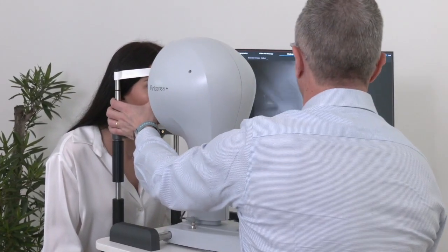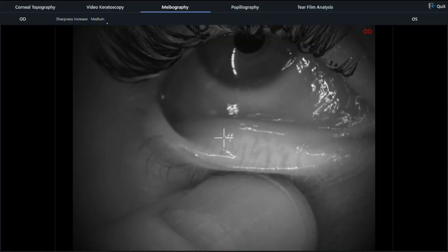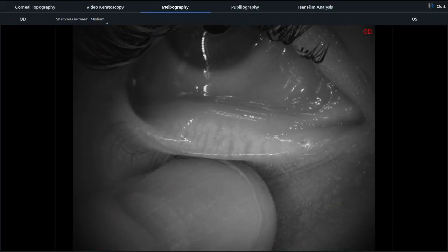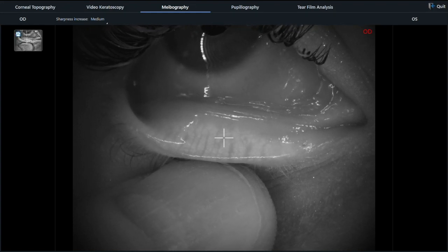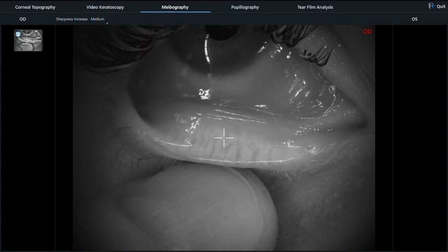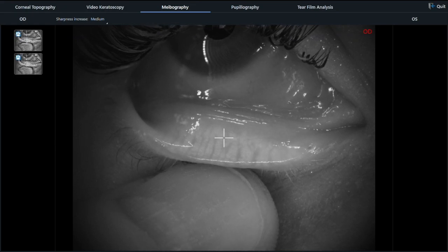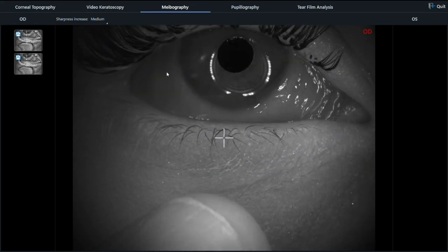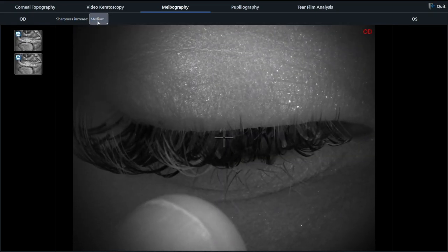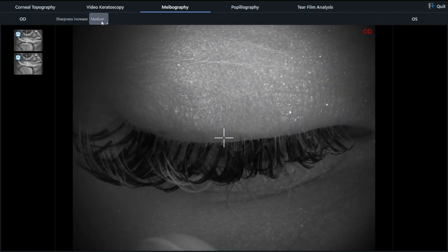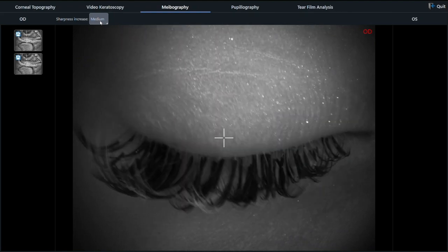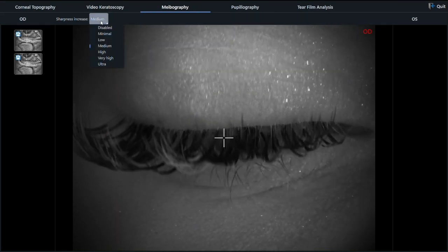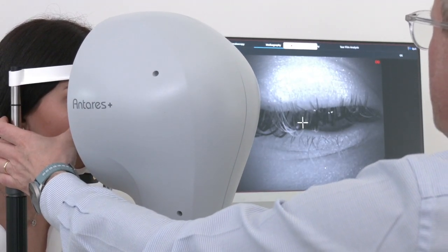Fantastic. And I can reverse the lower lid in order to have the image of the glands here, and I can acquire simply pushing the button on the joystick. Well, I can change the setting here. For example, now the system has a setting to increase the contrast or the brightness of the glands, but I can remove it because I imagine that with